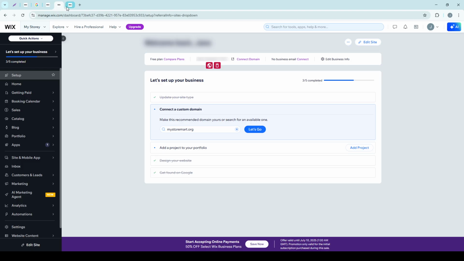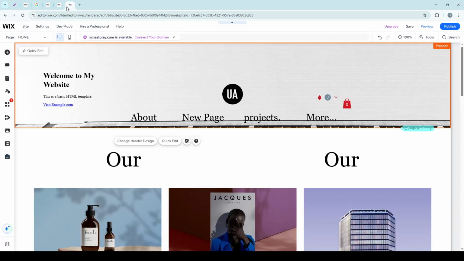Once inside the website editor, you should notice a variety of icons and tools at the top of the screen. Here, what you're looking for is the Switch to Mobile icon, which resembles a small phone. This is your gateway to viewing and editing your site specifically for mobile devices. Click on that icon to switch your view to the mobile version of your site. This change in perspective will allow you to see exactly what your visitors will see when they access your website